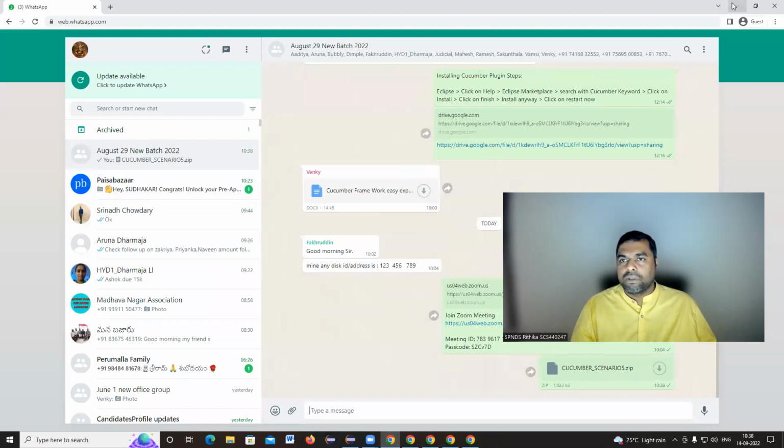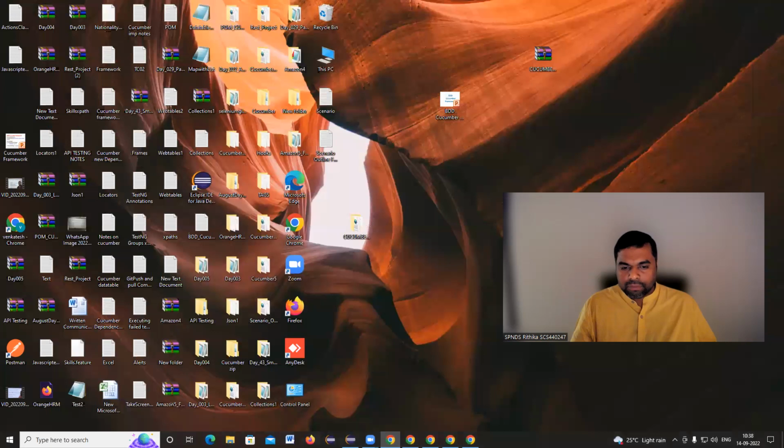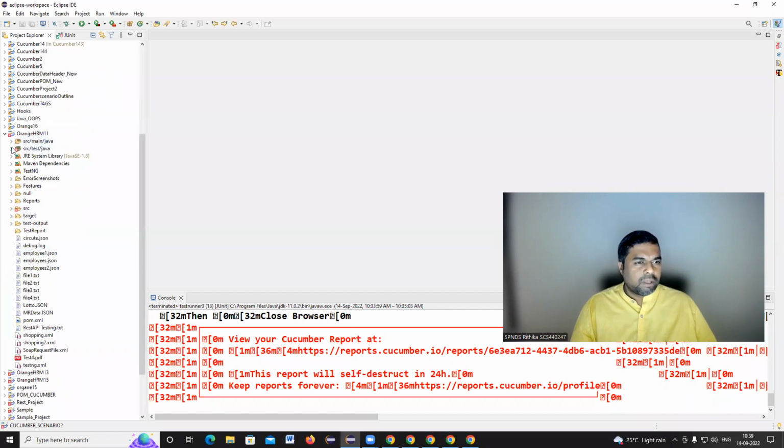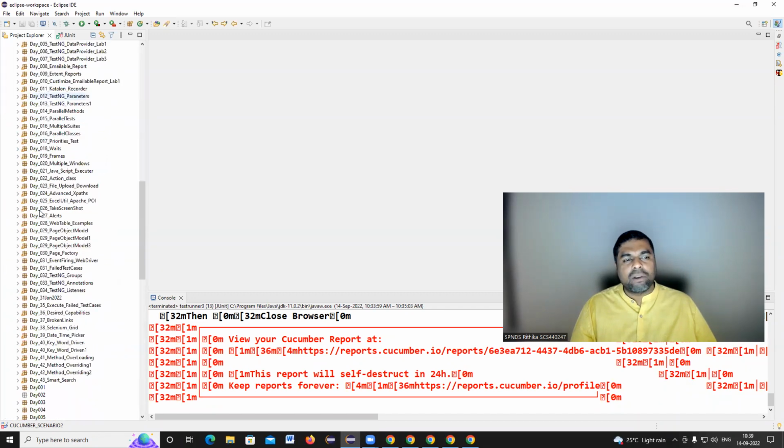Right. So now we discussed the scenario. In tomorrow's class, we are going to discuss Cucumber data table and Cucumber data tables with headers. So now I am going back to Orange HRM 11, and now I am going back to some regular labs. Whatever labs we have left, I'm taking some 15 minutes on one of the labs